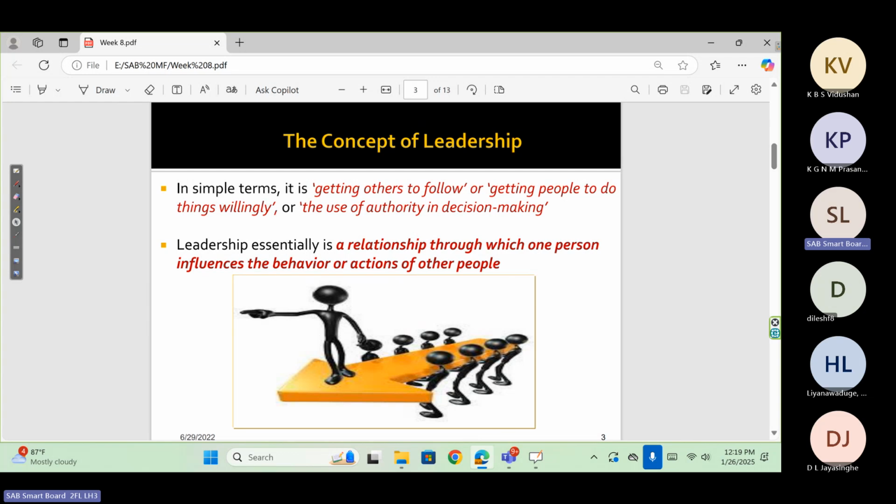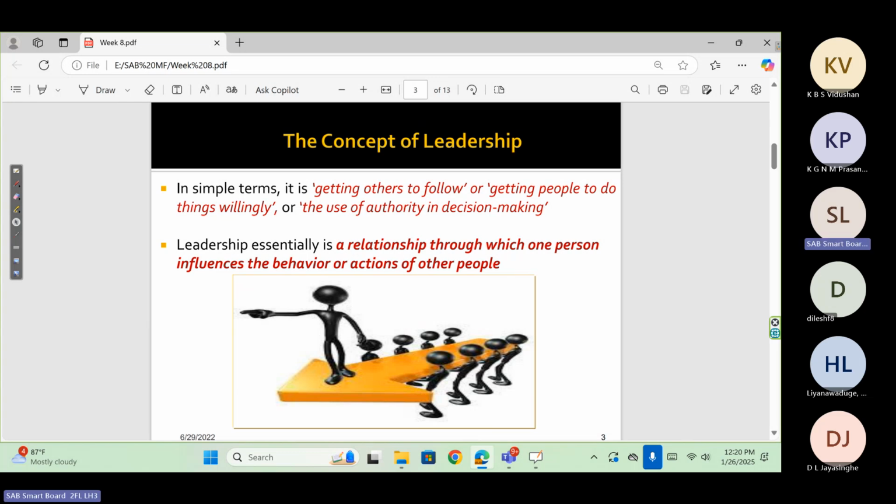Yeah, this is a diagram picture, a cartoon, used to understand leadership and followership. These are the followers. This is the leader. Leaders simply get others to follow, allow others to follow him or her. Then another one, leaders will get others to do things willingly, with motivation. Then they have to make decisions using the authority to match the situation. Today, I think mostly leaders should be able to develop and maintain relations with others in order to influence their behavior.